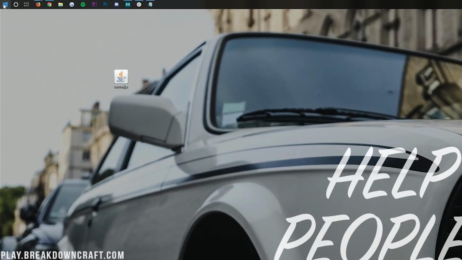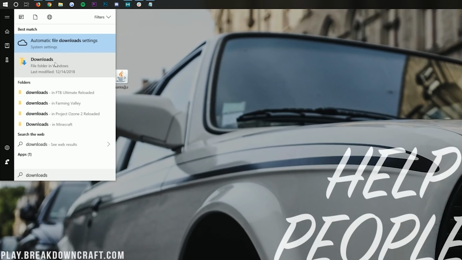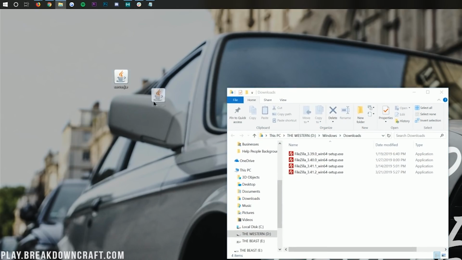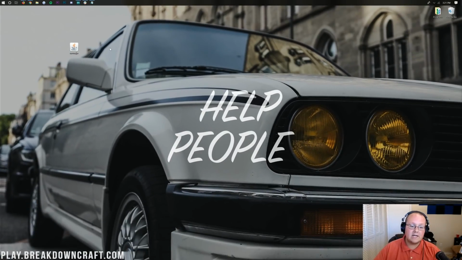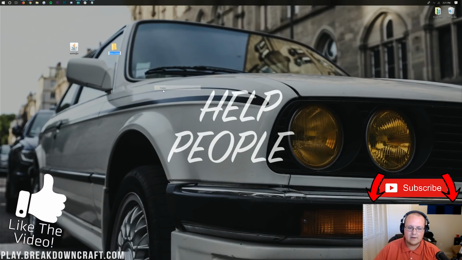That little Windows icon there. Click on that and type in downloads right like so. You'll have a downloads folder here. Go ahead and click on that, and it will open up the downloads folder. Drag the server.jar from your downloads folder to your desktop. Once it's on your desktop, we do need to create a new folder. So right click, then go to new, then go to folder. You can name this whatever you want. I'm going to name it